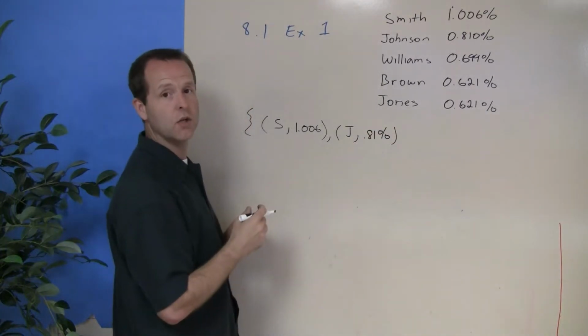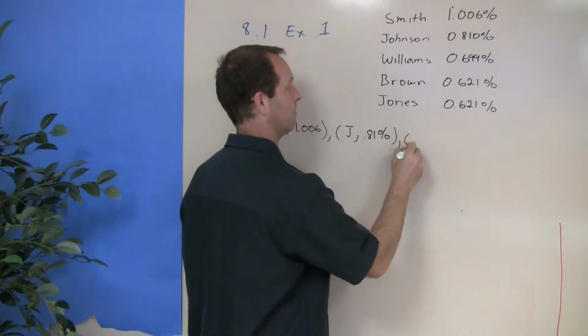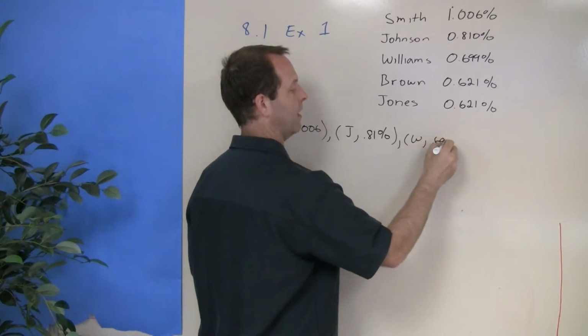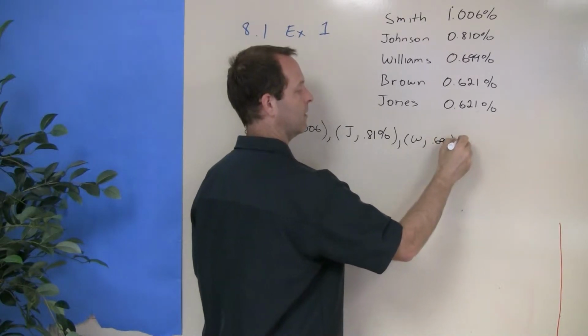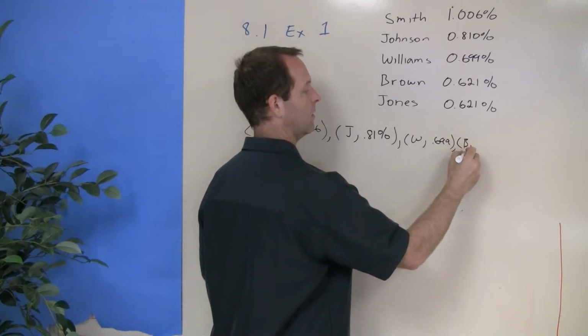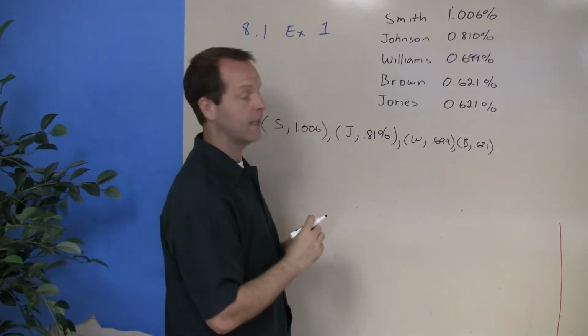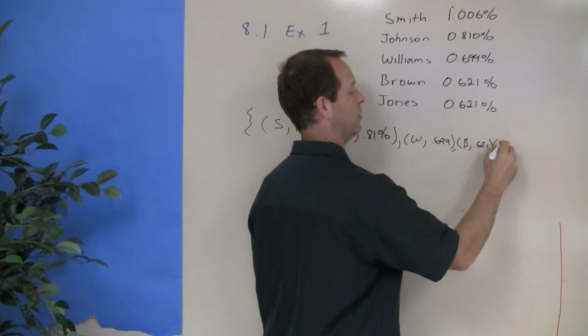Now I'm going to continue to do this until I run out of room. Williams at 0.699. Brown at 0.621. And the last one, Jones,